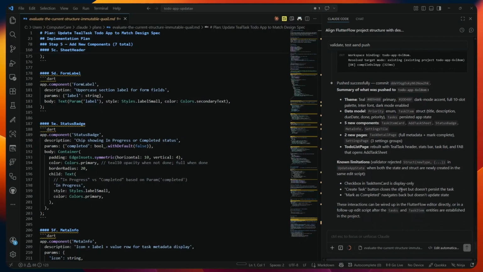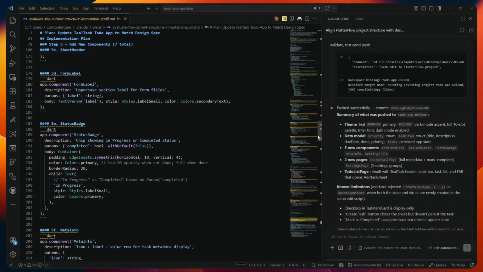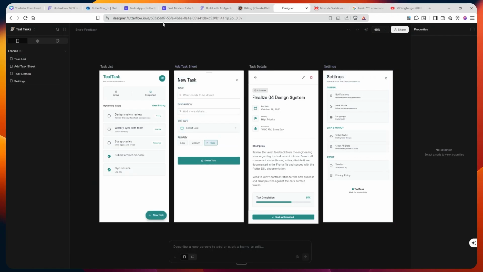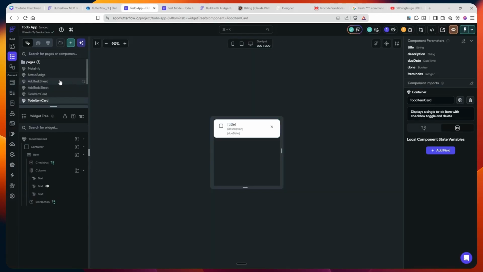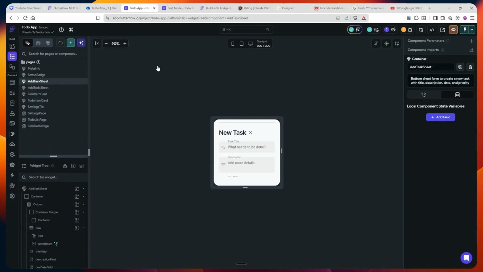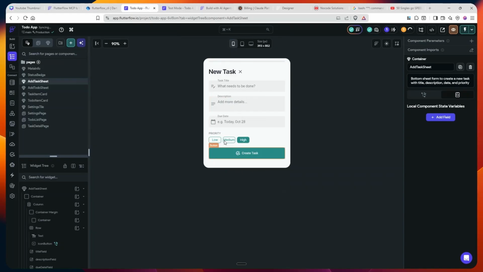So it is done and it has pushed everything. All the updates are done. And if you look on here in FlutterFlow, you should see the updates. A lot of files have been added, but this is the new add task sheet. This is what it now looks like. Let me see. We have this low, medium, high. But I think it has, okay,